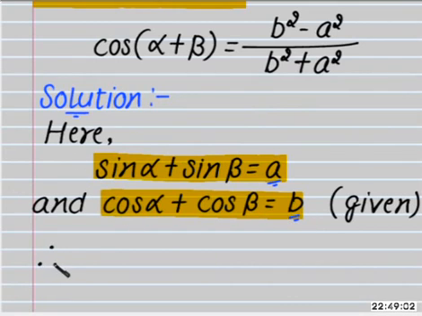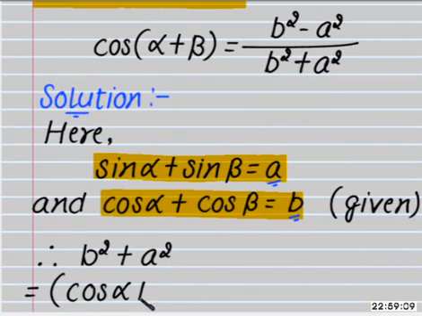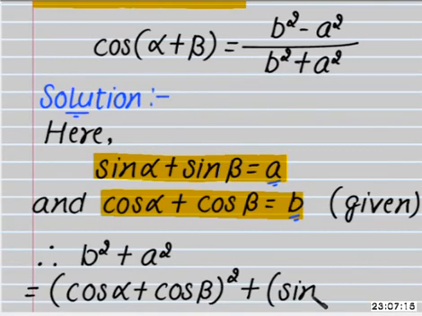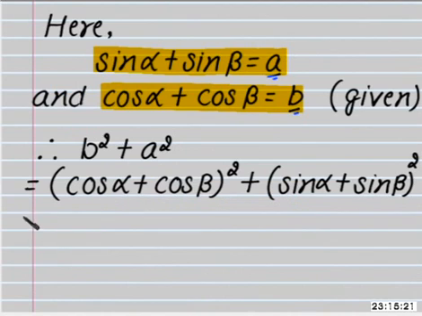Therefore, b square plus a square will be equal to cos alpha plus cos beta whole square plus sin alpha plus sin beta whole square,